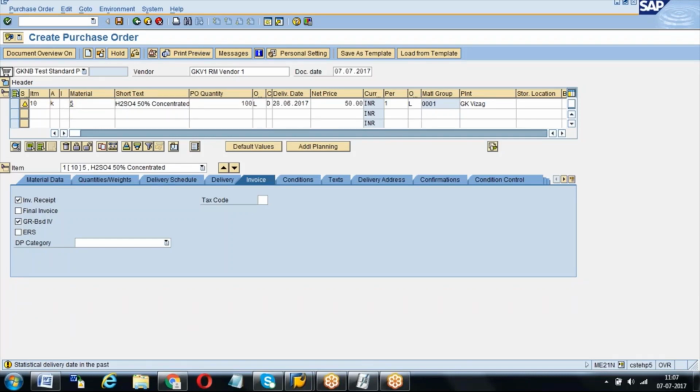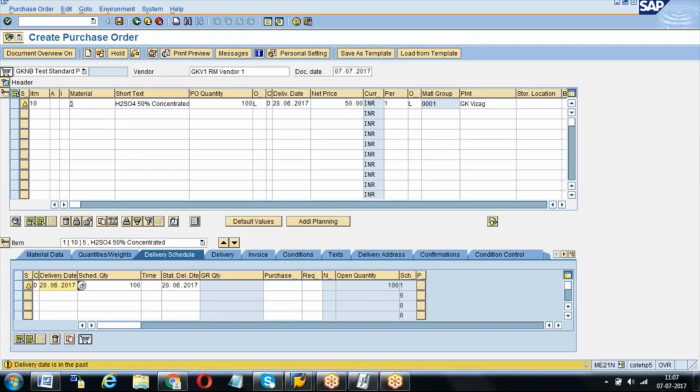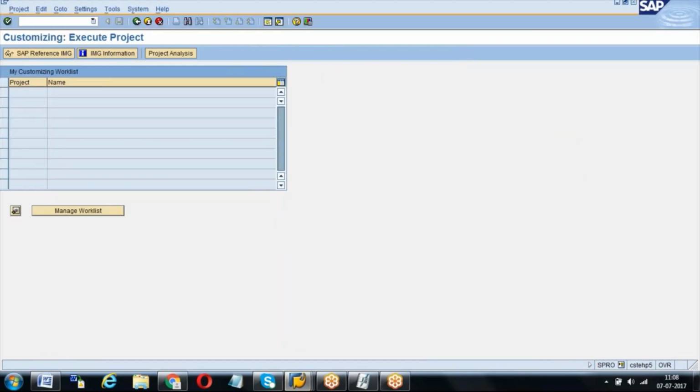Then keep it K. See, once you keep K, before K I will show you. Before K, when you come here, there is no account assignment tab and the system will hit the BSX account in the back end. Okay. Now I am giving K. Now the stock account has changed to 4 lakh. How has it come? This is VBR. Why? For K cost center I have shown you VBR will be assigned in the define account assignment. Do you remember that? Okay. Yes. If you remember, fine. Anyway, I will just show you in 1 second.